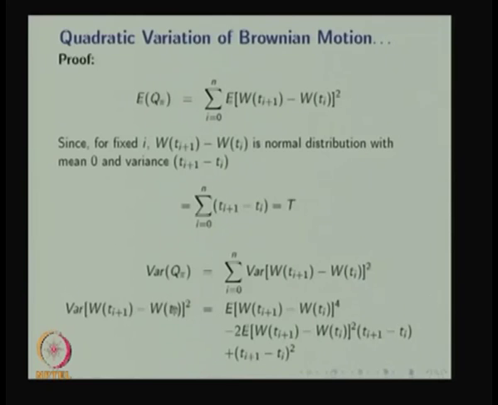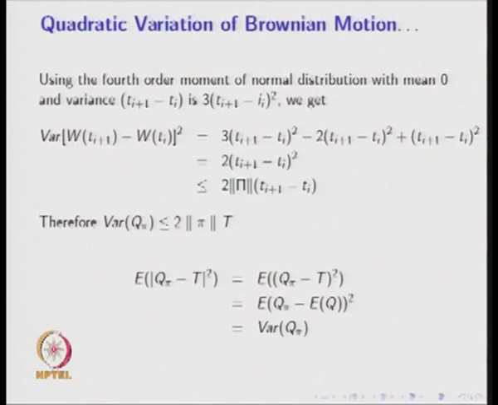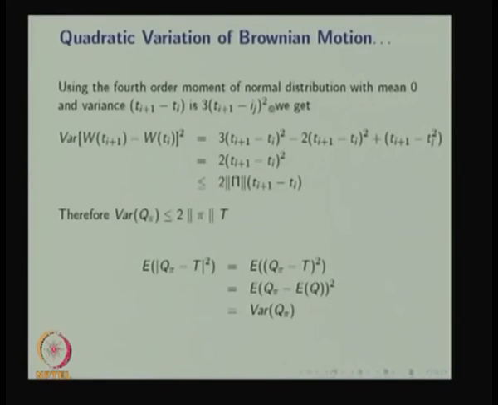But the variance of the difference of the random variable whole square is nothing but the expectation of the difference of the random variable whole power 4, minus 2 times the expectation of the difference of the random variable whole square multiplied by t_{i+1} minus t_i, plus (t_{i+1} minus t_i) whole square, for fixed i. Using the fourth order moment of a normally distributed random variable with mean 0 and variance t_{i+1} minus t_i,